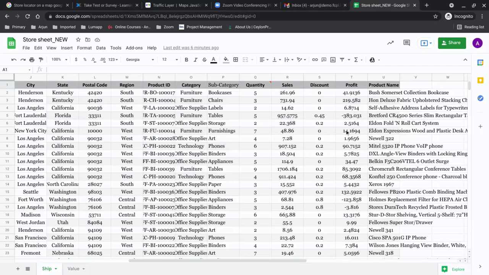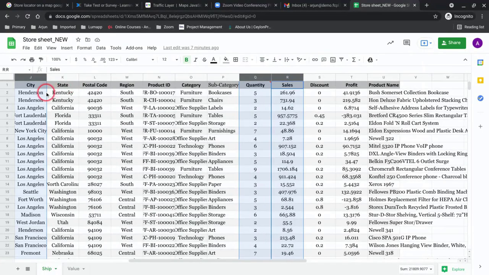That's what you see when it comes to a sales spreadsheet. Now what I basically want is to create a quick chart based on selected columns. For example, let's say I wanted to give them a proper picture about the sales of each and every product. So I'm going to highlight specific columns, such as city, then Control, quantity, and move your cursor to sales. You can see now I have selected three specific columns.